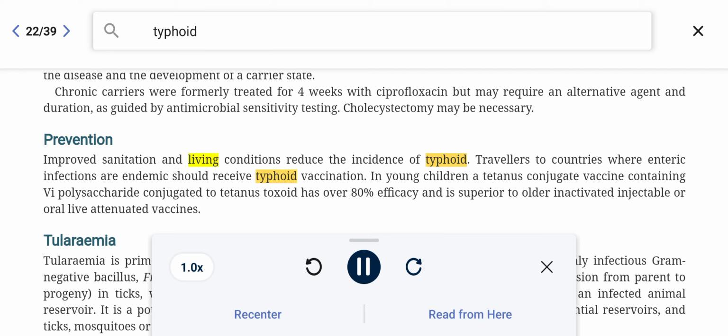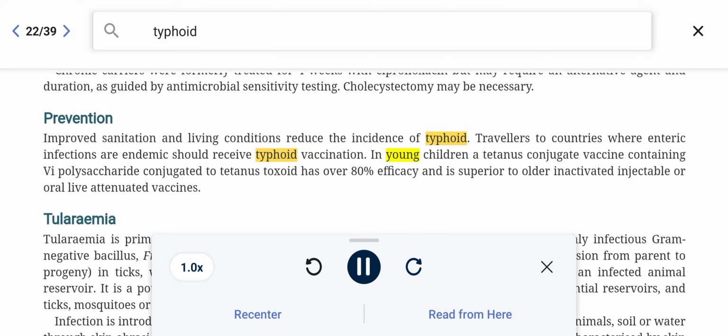Prevention. Improved sanitation and living conditions reduce the incidence of typhoid. Travelers to countries where enteric infections are endemic should receive typhoid vaccination. In young children, a tetanus conjugate vaccine containing the polysaccharide conjugated to tetanus toxoid has over 80% efficacy and is superior to older inactivated injectable or